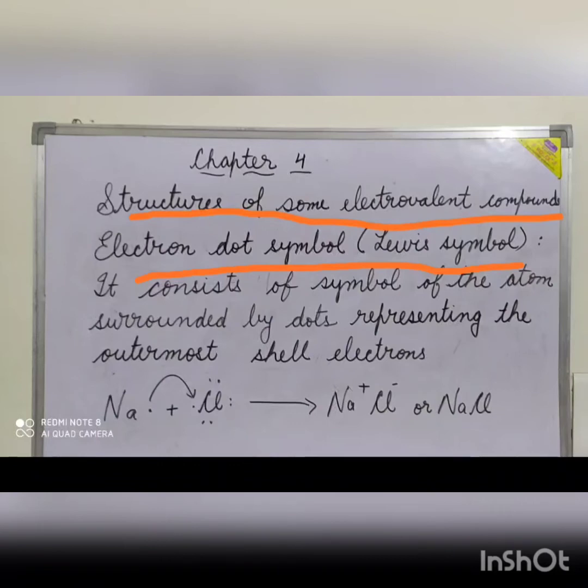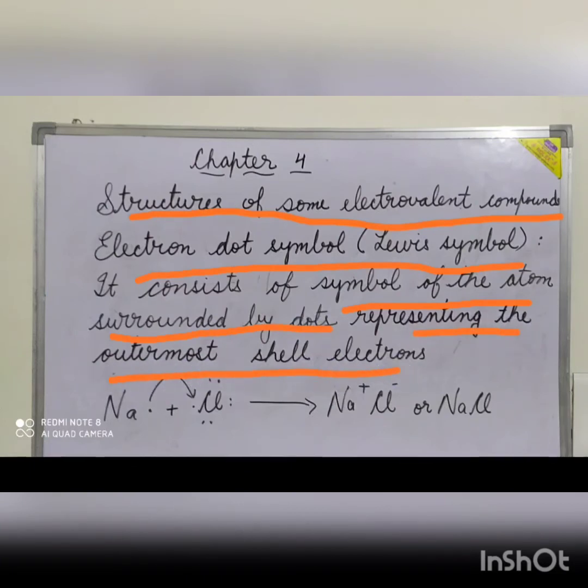This was introduced because orbit diagram is not so convenient, as electrons of only outermost orbits are taking part in the bond formation. So the electron dot symbol consists of the symbol of the atom surrounded by dots representing the